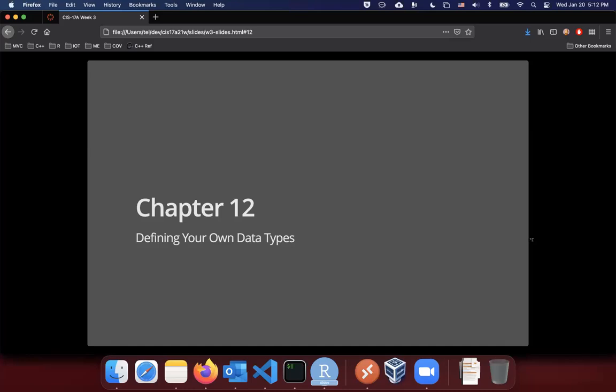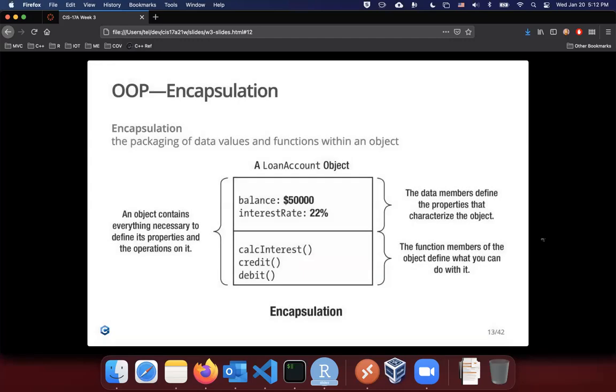Now, what is OOP? The general idea is you try to make a program by designing the objects that you will need in your domain. Whatever that problem is, you try to model the problem with various different kinds of objects. It's like how we see the world. You have, let's say you're building a house,